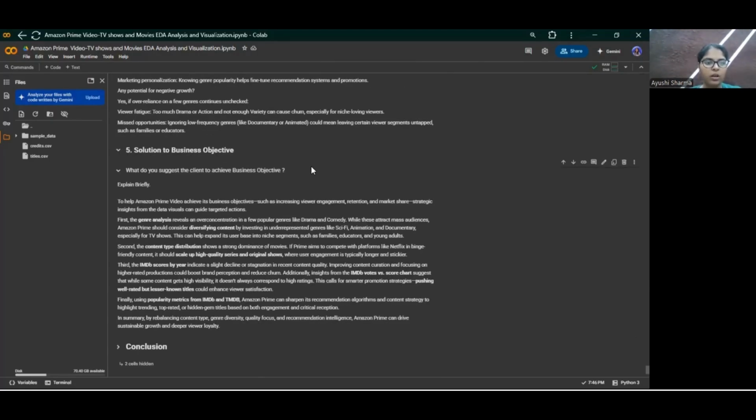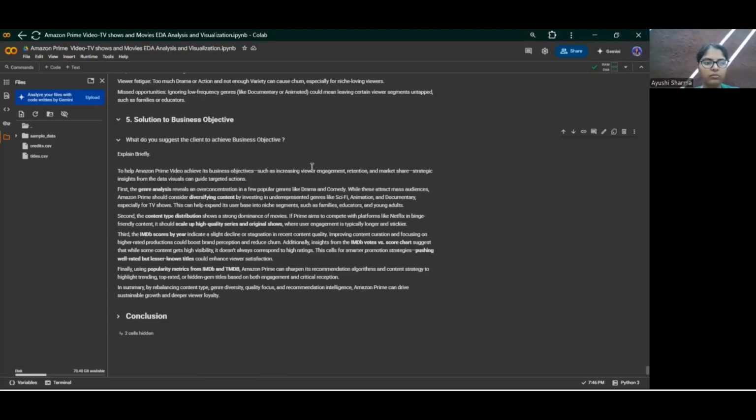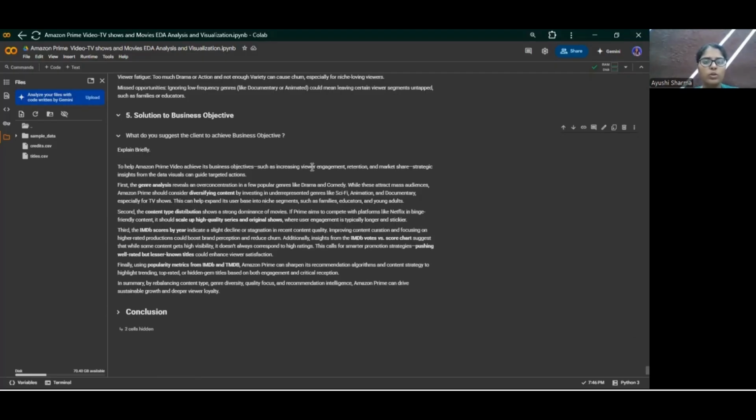So to understand what we suggest the client to achieve the business objective, we can see that to help Amazon Prime Video achieve its business objectives, we need to know that increasing viewer engagement or retention and the market share are supposed to be varying as per the dataset. So with this dataset and the visualizations that are created, we can take out the strategic insights, we can guide the targeted actions. Firstly, we have done the genre analysis